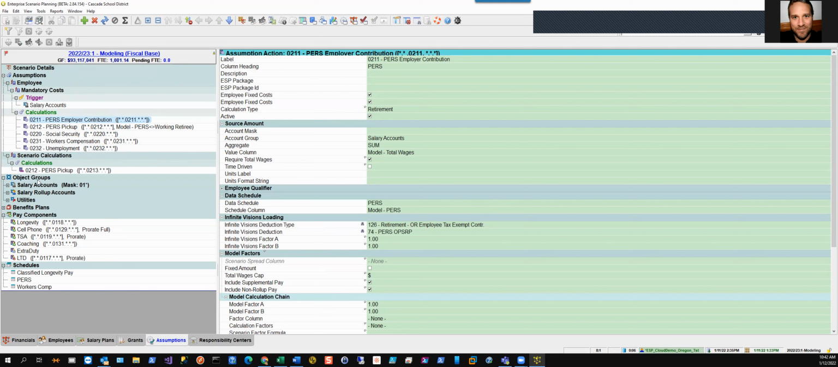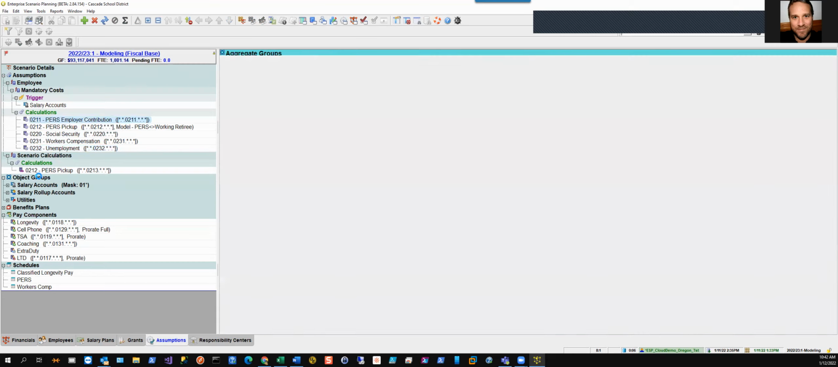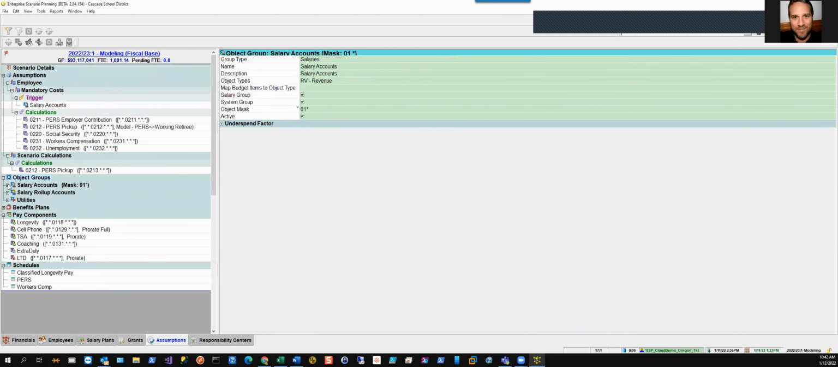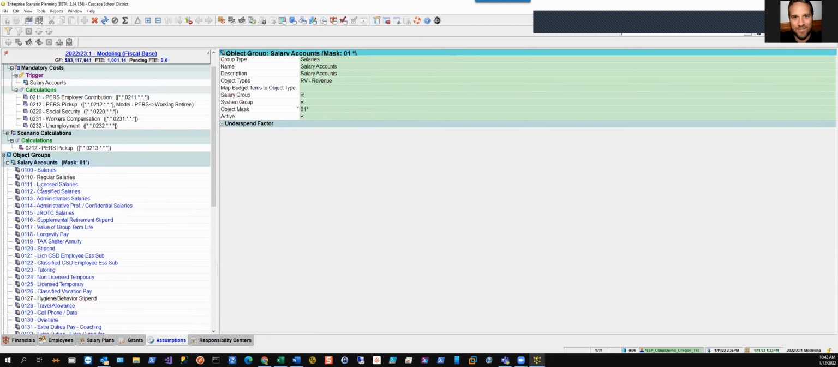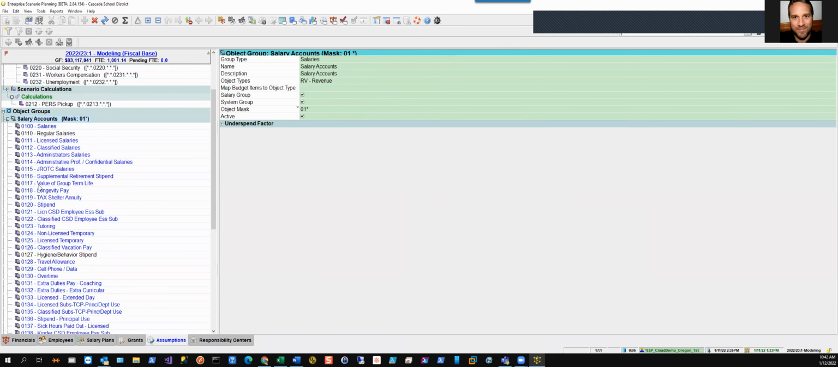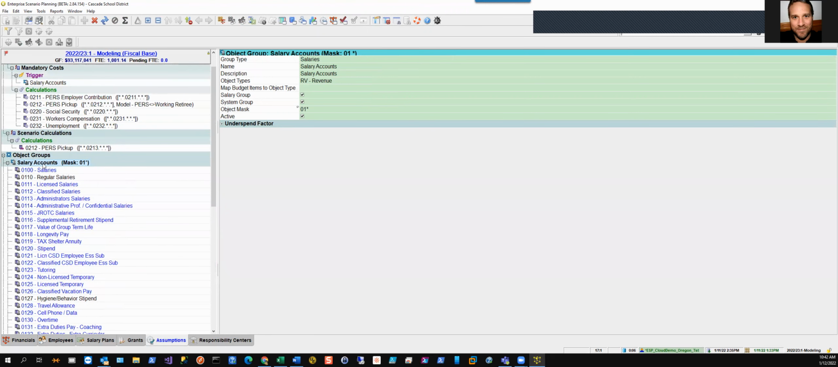So then the next section here, I know we've only got about 15 minutes left. We'll pick this back up tomorrow. The object groups. So we talked about what the salary accounts are. What all this is doing is creating a group of objects that you're going to do something with. And the reason why everybody has the salary accounts is because that's what's used in these calculations up here, because you're telling it,